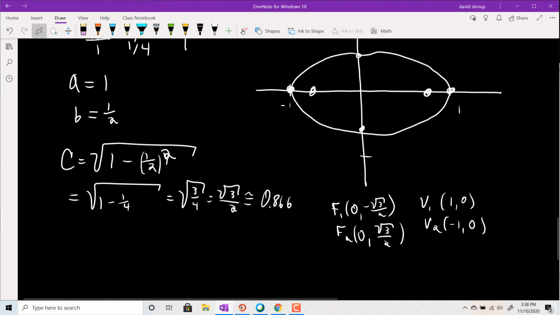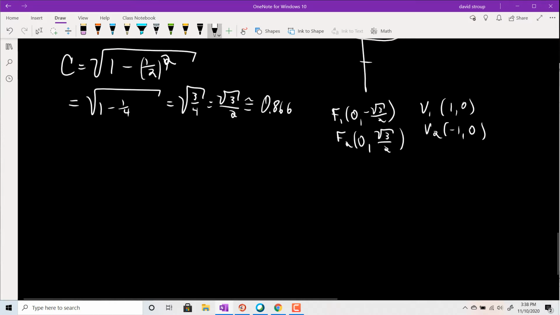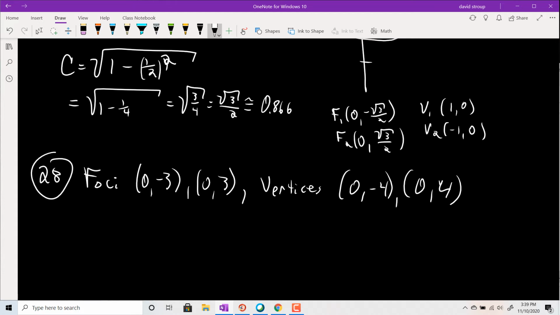Okay. There's other types of problems. For example, find the standard equation of the ellipse satisfying the given conditions. So like number 28. They'll tell you information, and then you have to figure out the equation. So the foci they're telling you are at 0, -3 and 0, 3. And the vertices they're telling you are at 0, -4 and 0, 4. Okay. So from this information, we note